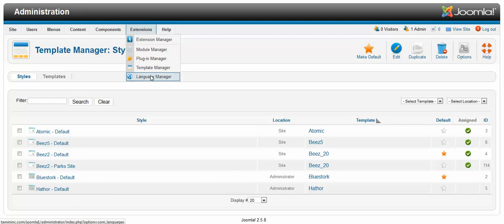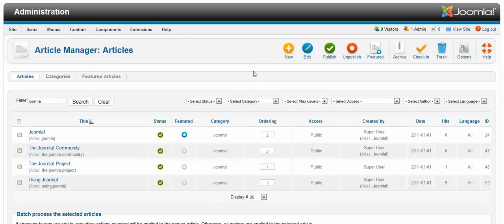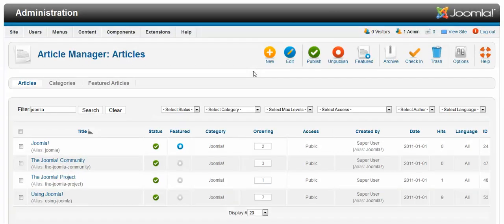And then of course another great feature is the language manager, where you can upload different languages. If you have a multi-language site, you can take care of that and manage everything on this part of it, which is another great tool, is that you can install languages on here. So this is just a generic overview, and let's just look at one thing for the article manager,